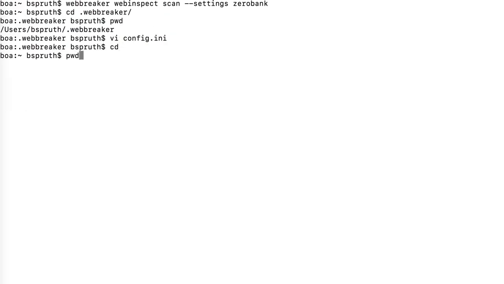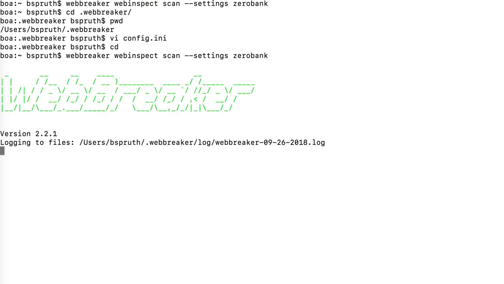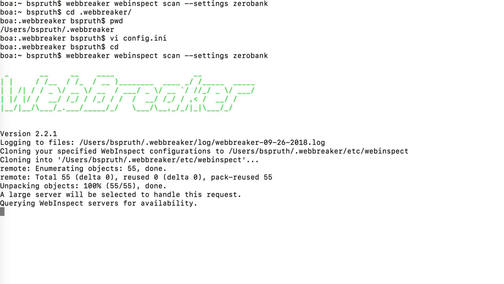So I'm going to go ahead and go back to the scan. I know now that if I simply type in the name and leave off the .xml, you could append it as well. It's not going to hurt things, but it'll know where to look under that etc subdirectory. All right, so you can see it cloning here, and now we're looking for WebInspect servers to